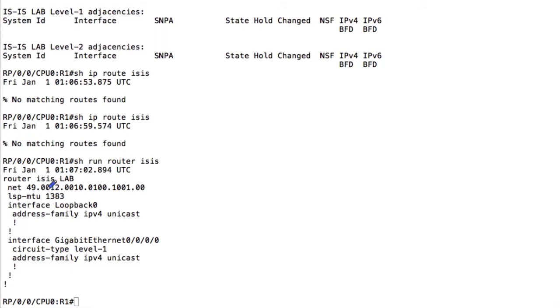So we can check again. Our area is as we expect, and we have configured that on this particular interface, the circuit type will only be level 1. We can do this globally, to signal to the router that we want this device to only form level 1 adjacencies everywhere. Because, as you can imagine, in this case all the other interfaces are admin down, but imagine that